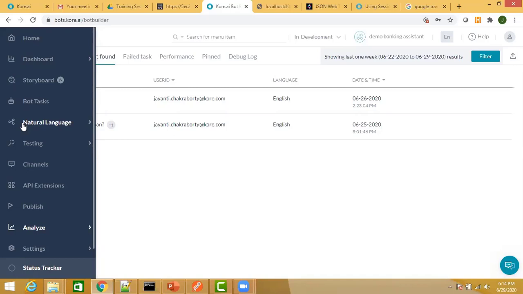So you want to pass an utterance and see whether it matches with an intent or not, or you want to see your change logs. What changes have taken place on the bot, or you want to export your ML utterances, you want to import ML utterances. All of these things can be done using APIs also.